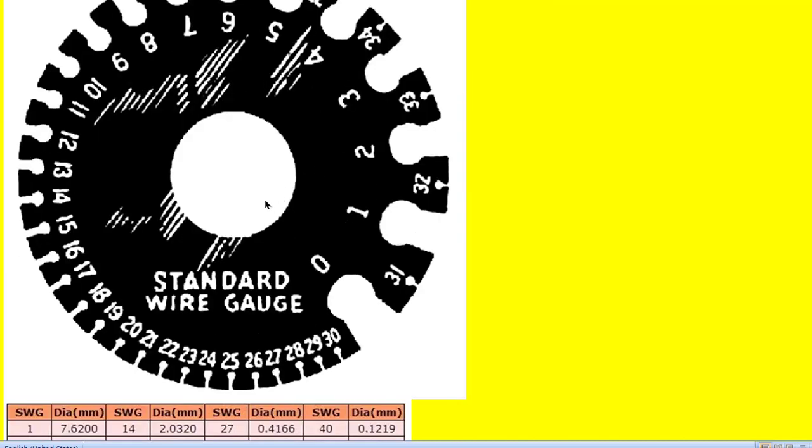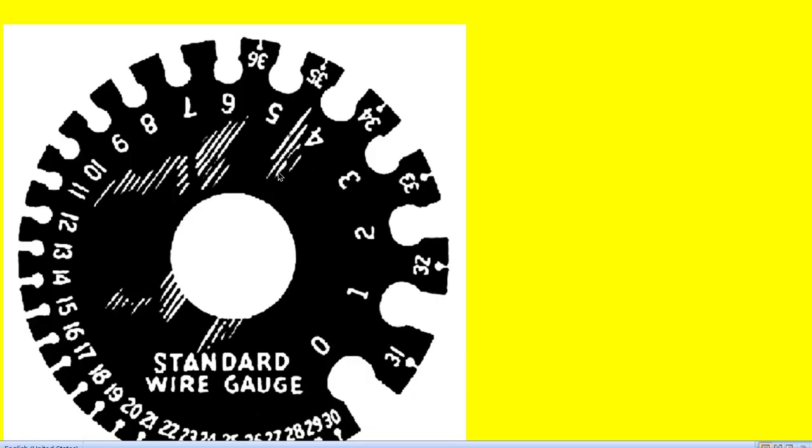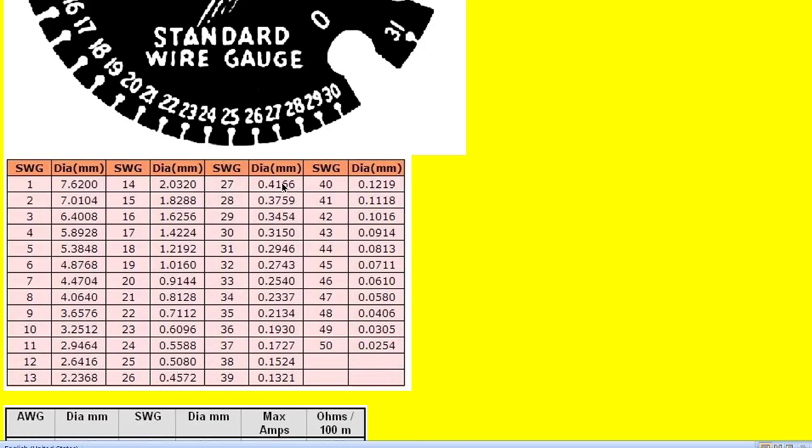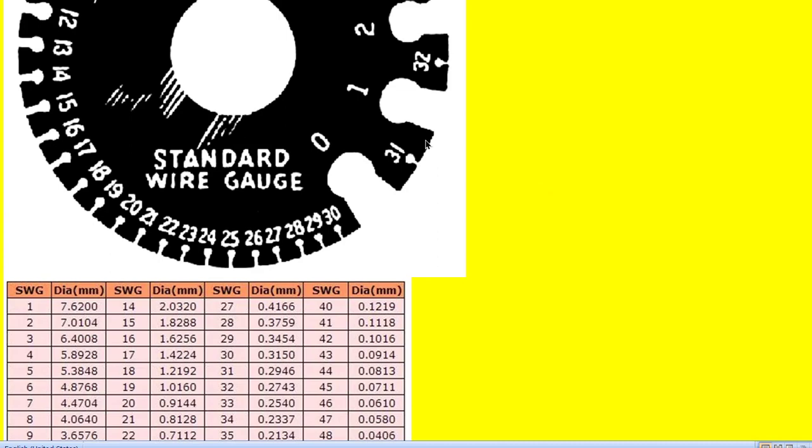So if you look at that gauge in a bigger diagram, it looks like this. What is this gauge or diameter? Why should we choose this certain gauge? The reason is, to carry the required current, we should choose the proper diameter of the conductor. Otherwise, the wire will burn and we cannot get the application done.